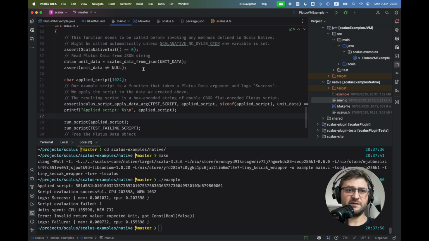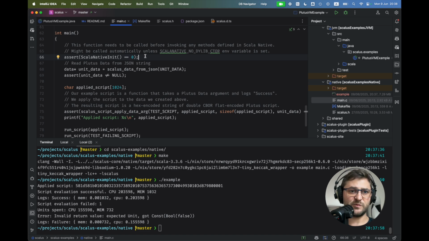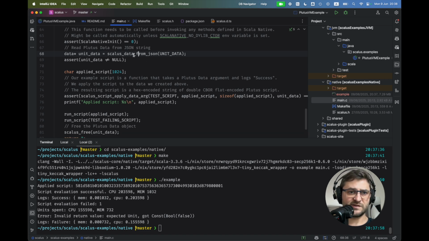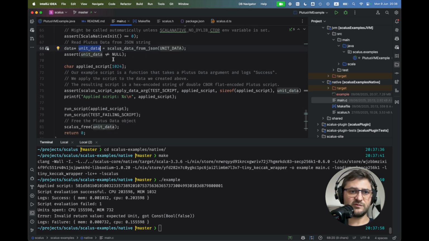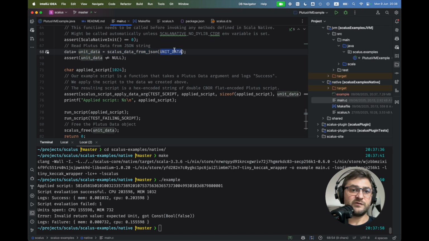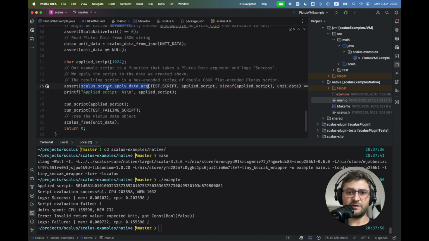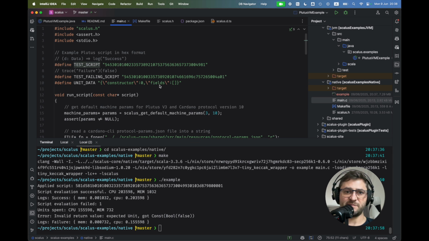And the example program is simple. We initialize the Scalus library. We load some data from JSON, and we evaluate the script, this test script. And this test script is essentially the same script we used for Java and JavaScript evaluation, and we see the same